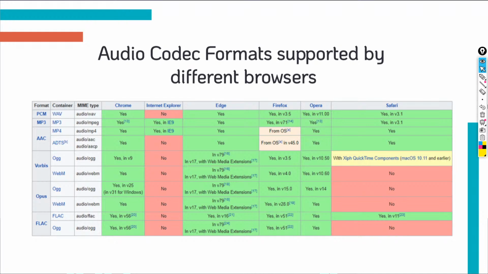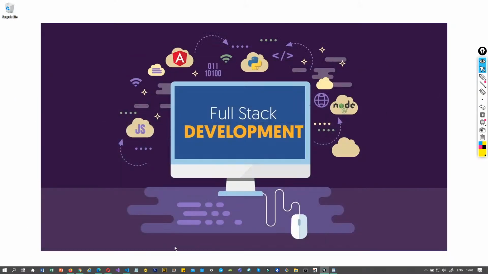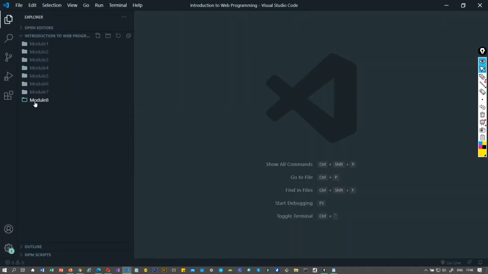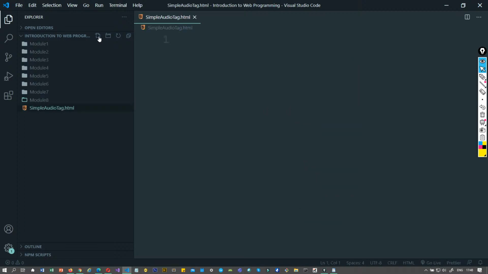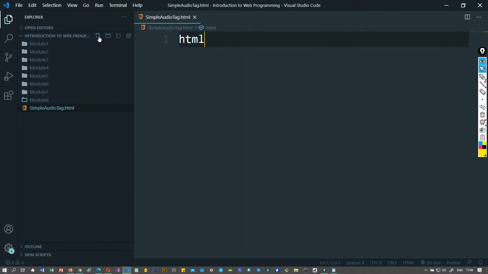So let's see, how do we make use of the audio tag? Let's come back to our Visual Studio Code, and in this module 8, which I've created as a folder, I would just be creating a simple audio tag.html. So I'm going to have my HTML page created,